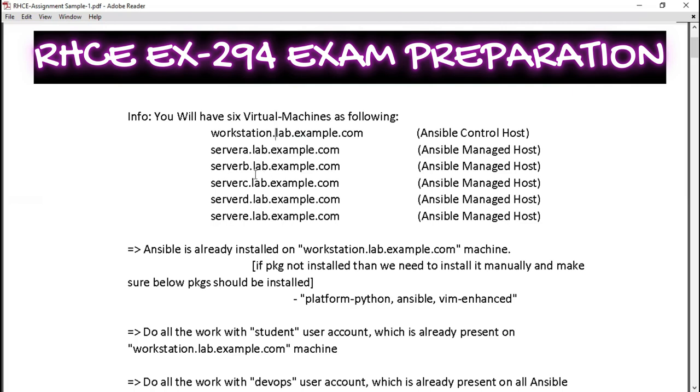What you said, like SSI is usually you log into the control machine, which is the workstation, and you'll do the performance of task. So you're saying that we can do it on the login to that also. Yes, means either you can log into the workstation lab.example.com with console and create all the playbooks, or take the remote of this workstation on the desktop. With the desktop which you will get, right? You will get a virtual machine, and inside that virtual machine, these 5 VMs will be there.